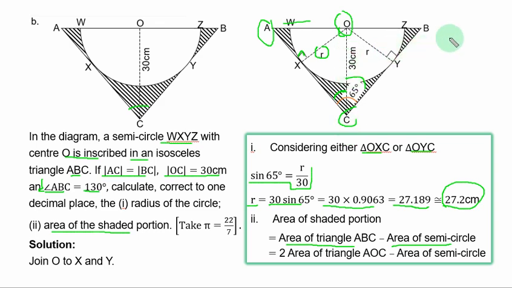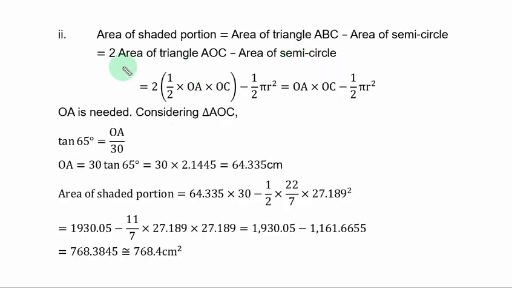Let us see to that. I have already explained all of this. Now, the area of triangle AOC is this. This is the area of the semicircle. If 2 cancels 2, you have this result. OA is needed. Considering triangle AOC, you have this result. As I have said earlier, you make OA the subject, you have this. When you simplify and multiply, you have